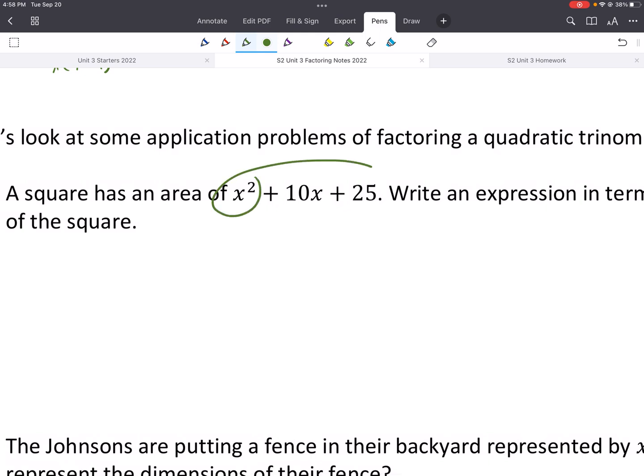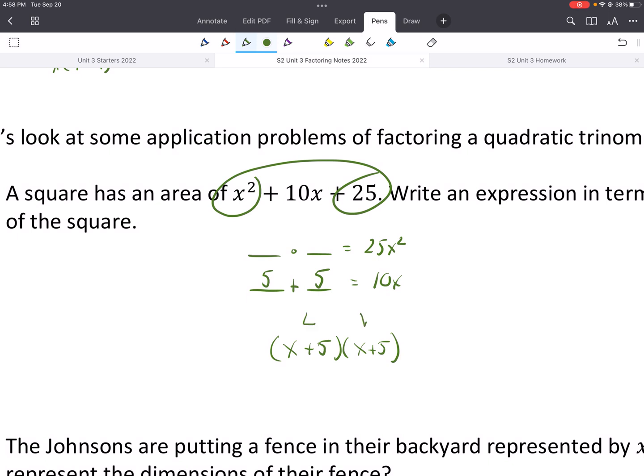So we would do glasses. It's in standard form. There's no greatest common factor. So we just need to figure out what multiplies to 25 and adds to 10. All right, so I think if you thought about it for a little bit, we'd say 5 and 5. Can we use the shortcut? Yeah, because a is 1. This literally is a square. If you look at it, like this would be like the length, this would be the width. They're the exact same factors. Okay,